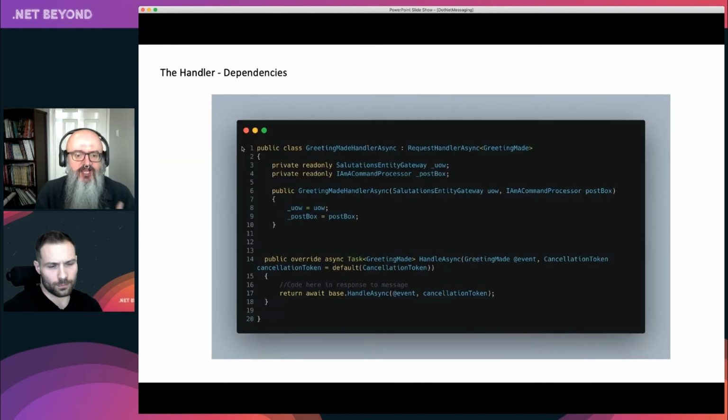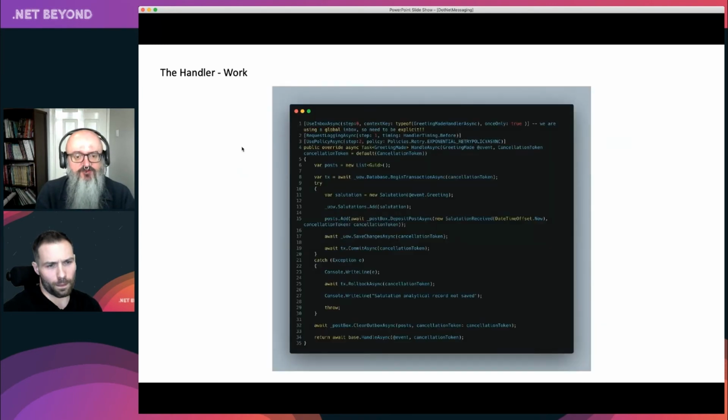And then really to that handler, I start to add complexity. So here I'm going to say, in order to handle that message, I've got some dependencies, right? I've got some entity gateway. I want to talk to the database by Entity Framework Core, right? Great. So I'll wrap that basically and give that to myself here. Postbox, I'll talk about in a second, but essentially I want to make sure I can send a message myself. So when I've received this message and done some work, I'm going to actually raise an event myself to other people. So how do I raise a message myself? This command processor lets us do that, right? Okay. Having done that, we're getting to more complex code, but don't worry, I will walk you through the bits you need to understand. I can then handle that message.